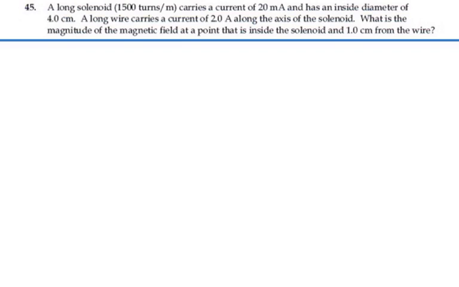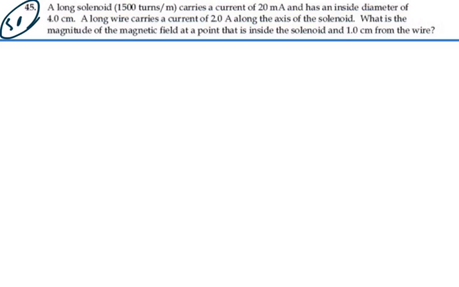Here's problem 3045. A long solenoid, 1500 turns per meter, carries a current of 20 milliamps and has an inside diameter of 4 centimeters, which means that everything else is going to have to fit inside that. A long wire carries a current of 2 amps along the axis of the solenoid. What is the magnitude of the magnetic field at a point that is inside the solenoid and 1 centimeter from